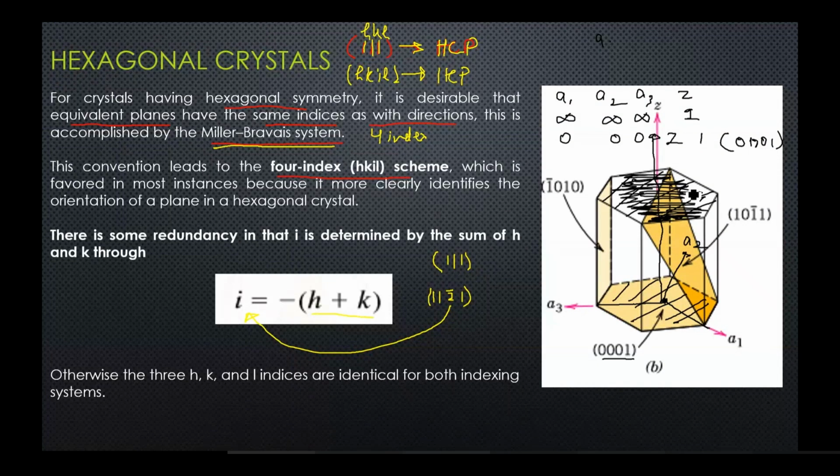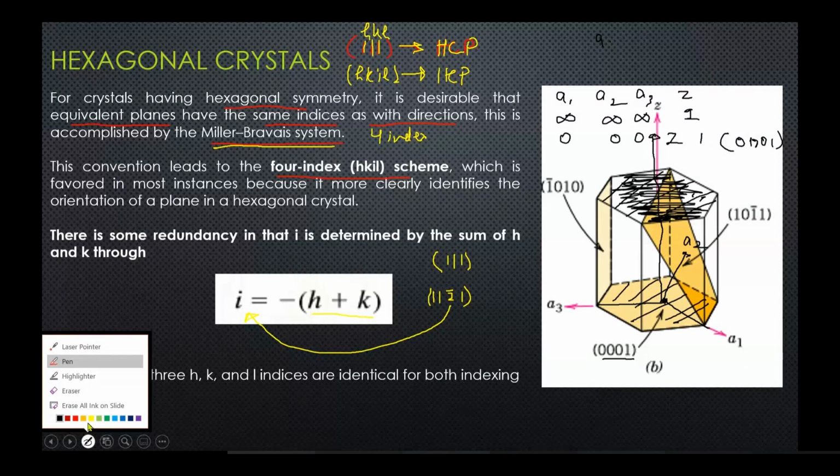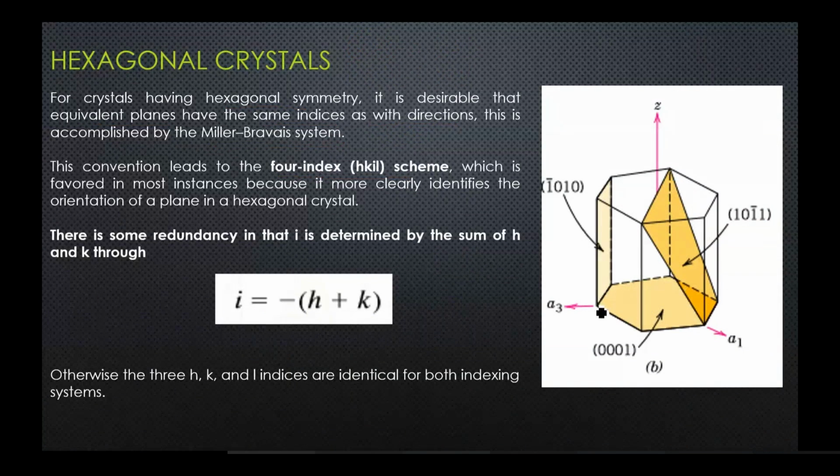Yes, sir. All right. Now let's look at another plane, which is this plane. Is the plane passing through the origin? No, sir. So if the plane is not passing through the origin, let's look at the intercepts A1,